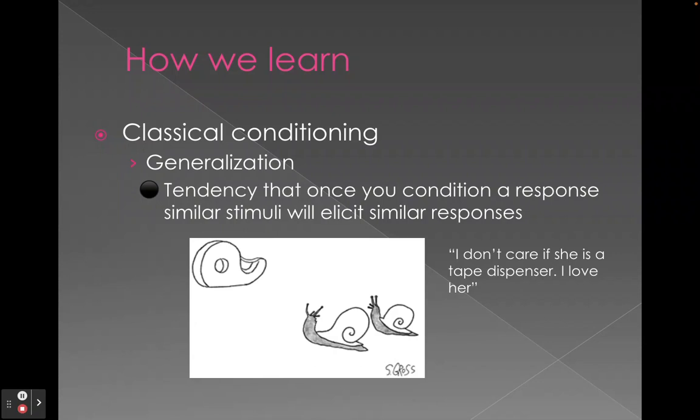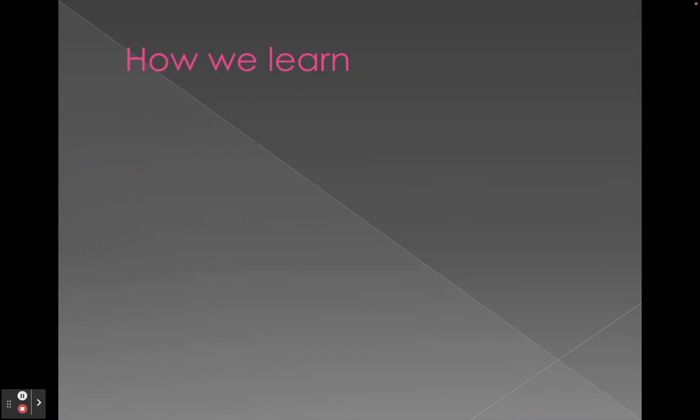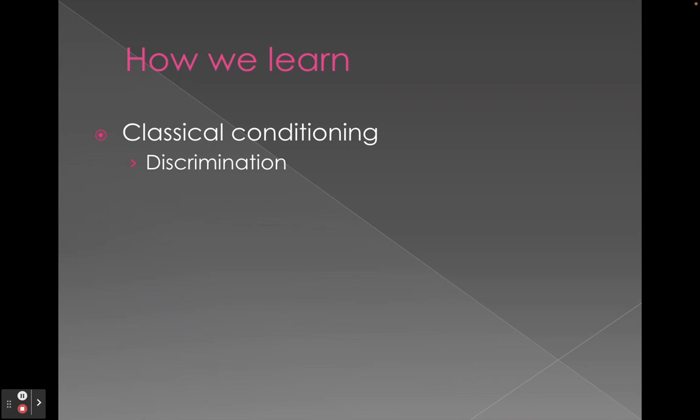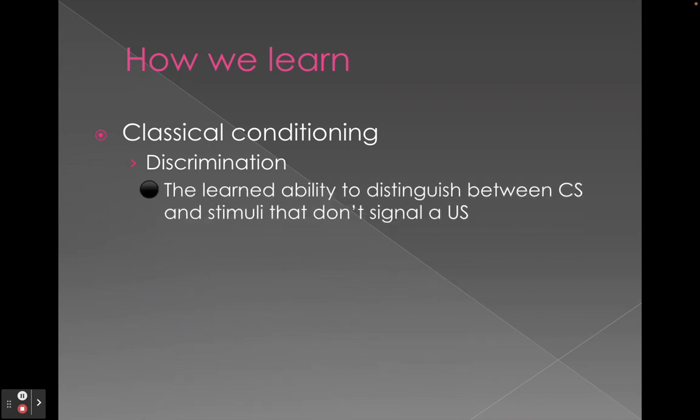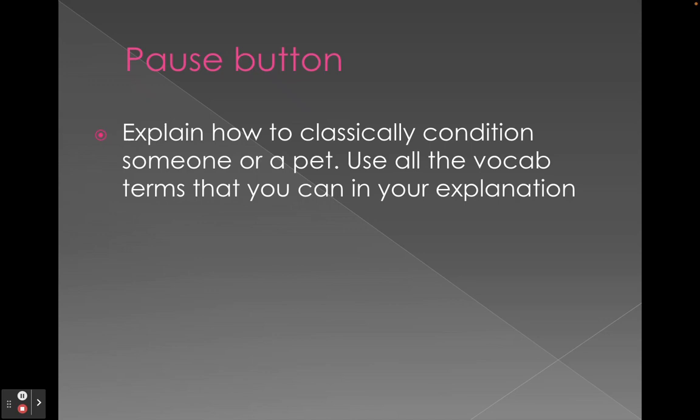This is something that can happen, and you can actually train them not to, by teaching them that certain stimuli don't mean what the original stimulus means. That's called discrimination. So you can teach them that the doorbell at the door and the doorbell on TV are different. You can teach them that the knock at the door and the knock on the table are different. And that's called discrimination.